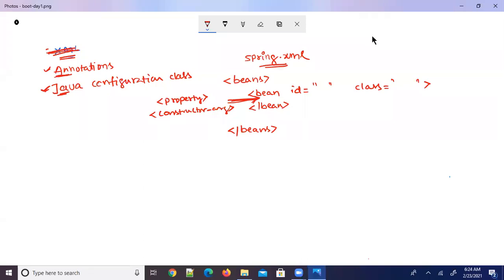So I would like to provide you some knowledge on these annotations today. The Spring annotations we are going to cover in the session today. Let's move on.